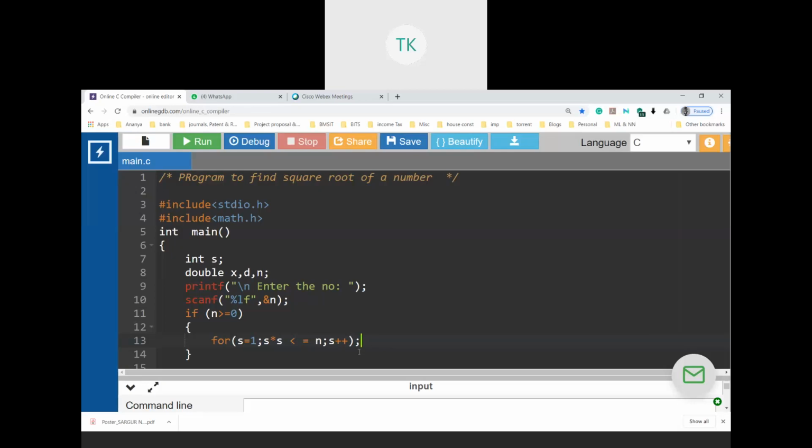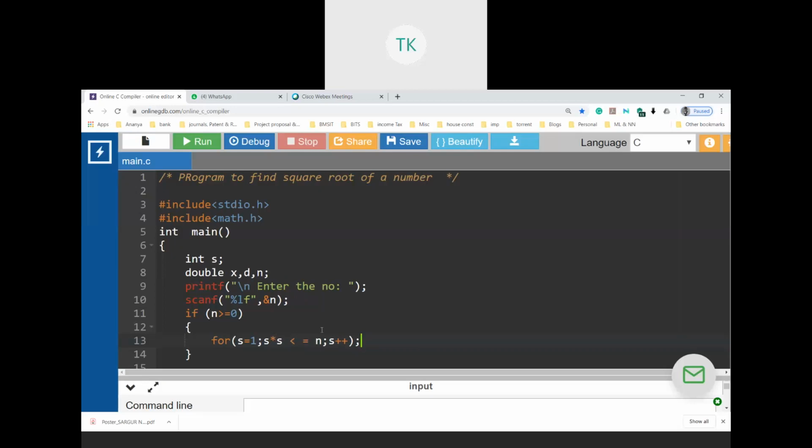Your compiler will certainly not give you any error. It assumes that there are no statements in the for loop. That does not mean it will just pass the control out of the for loop. No. Since there are no statements as part of your for loop, the next statement that it executes is the incrementation statement. So S plus plus, S now becomes 2. Now when it becomes 2, again the control goes back to the conditional statement. It will check 2 star 2, that is 4.